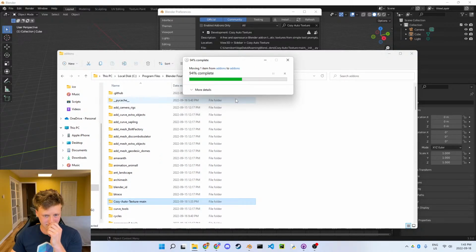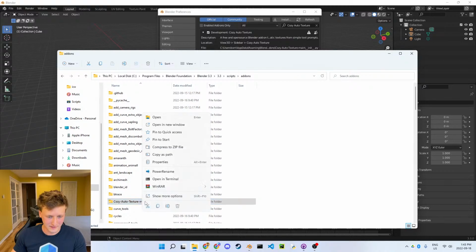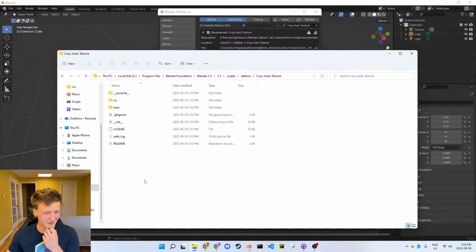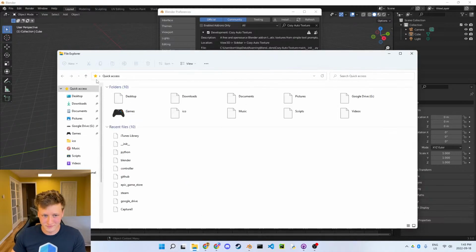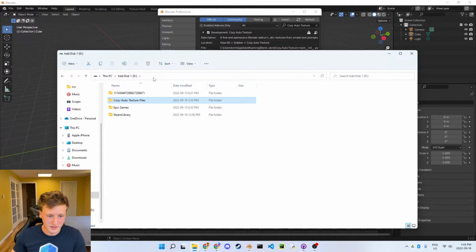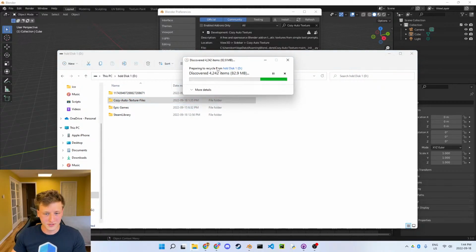Yes. And there we go. It should be there. You might also have to rename this to that. Yes. Just to be safe, because well, you never know. Okay, and then from there we're gonna go ahead. I'm gonna delete that. I'm gonna delete this dependencies folder, so this environment, and it should say like 5 gigabytes of stuff,